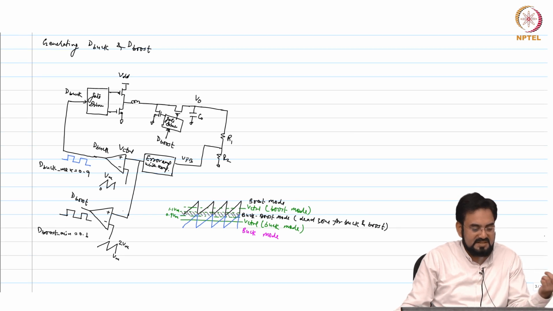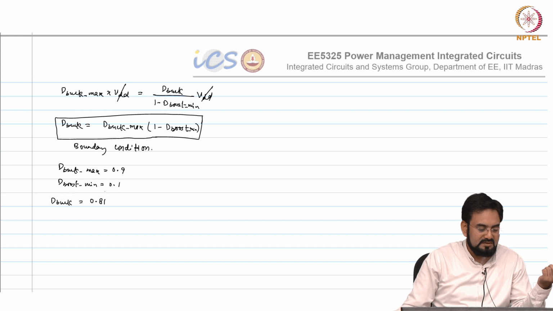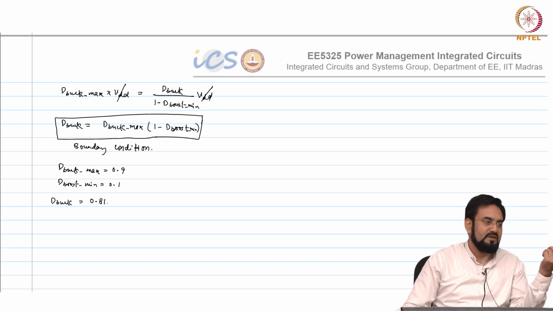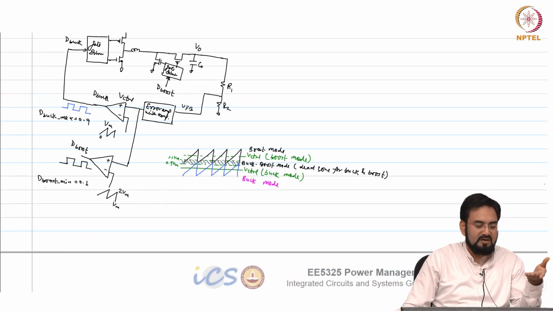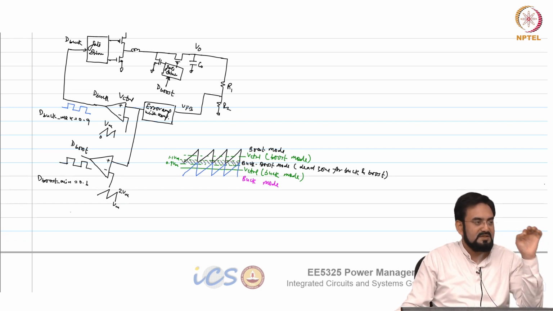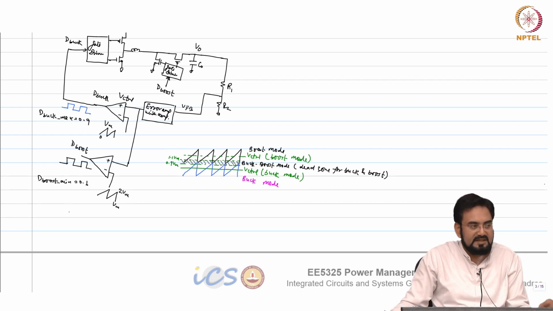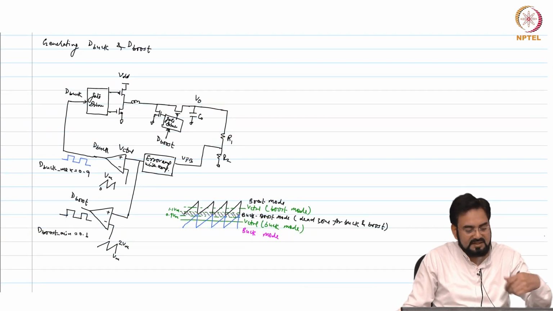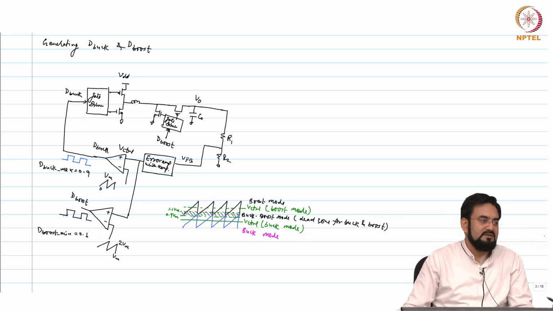So, as I mentioned, if you know the load, then from 0.9 to 0.81 when you go buck boost, and if I know the load, then I know the duty cycle also, I can directly generate the duty cycle. You have the sawtooth available, all you need to change is the comparator voltage. So instead of feeding the V control, you will feed that particular voltage and it will generate a different duty cycle. So you can generate any duty cycle, that is not a problem. You will directly force it and then close the loop again. You will force it only during the transient.